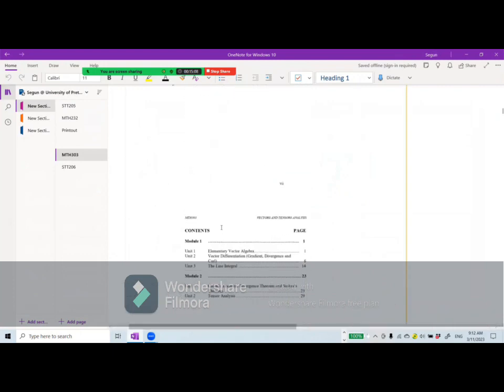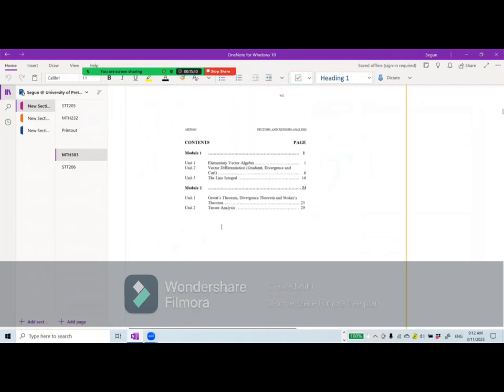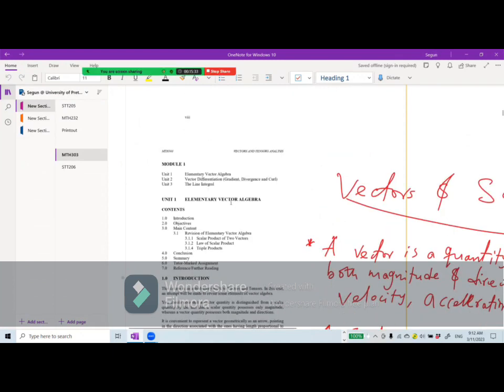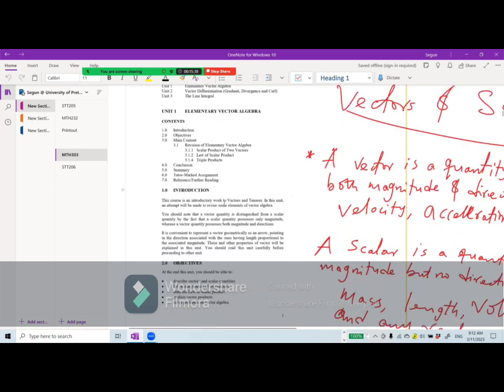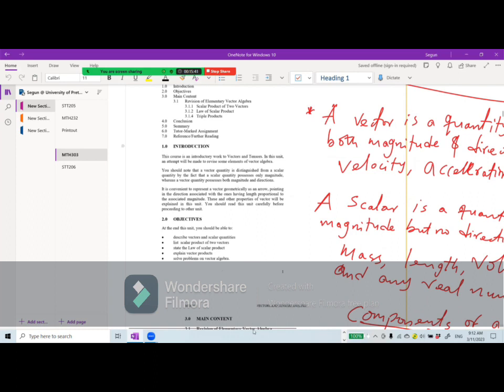On the syllabus page, we have these contents. We'll be talking about elementary vector algebra. That's module one. Vector differentiation, gradients, divergence and curl, the line integral, Green's theorem, divergence and tensor analysis. Then we'll be looking at all the vector. All these particular ones will also be inclusive. But now let's quickly move into the